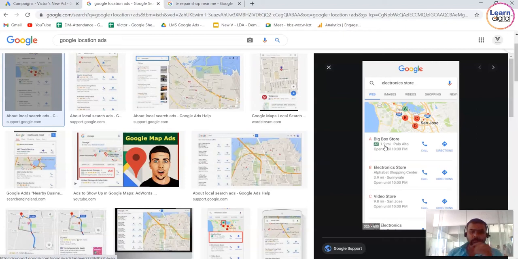A location extension displays your business name, your address, and your phone number with your ad to help customers connect with your local business. Businesses without a website can verify their business with Google My Business, because Google My Business will give you a short static website. Even if you don't have a website, don't worry. I have created a previous video on how to create a Google My Business listing on Google. It's free for everyone.